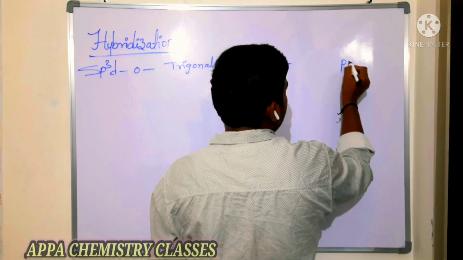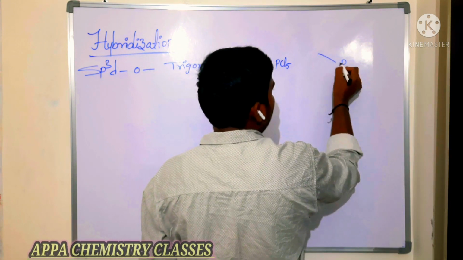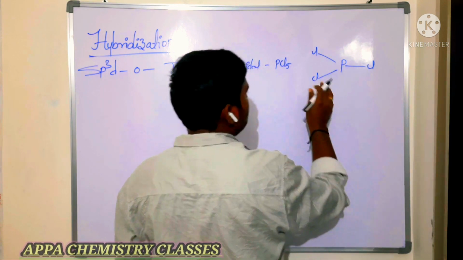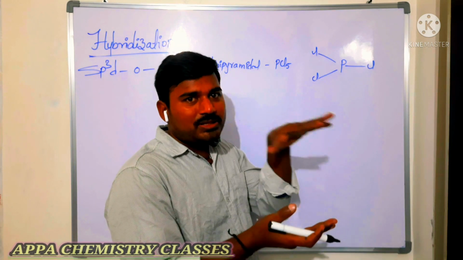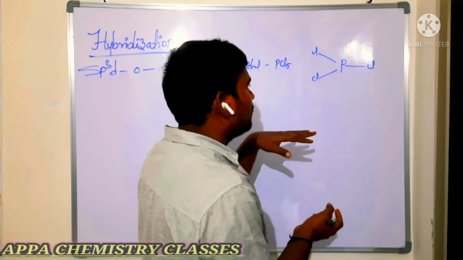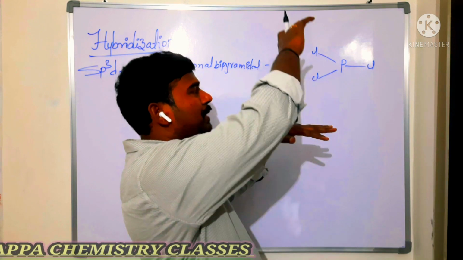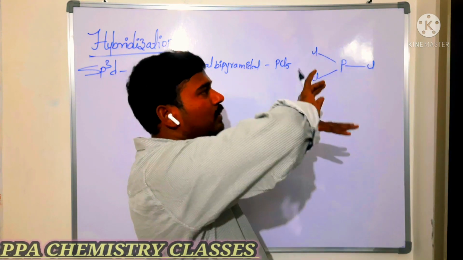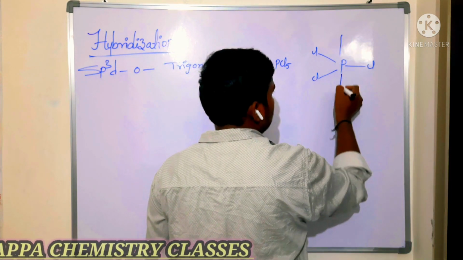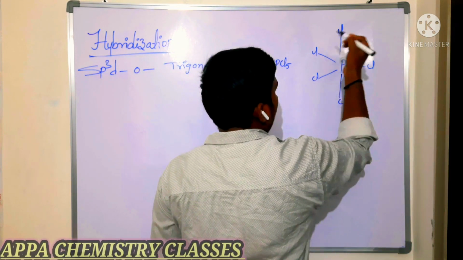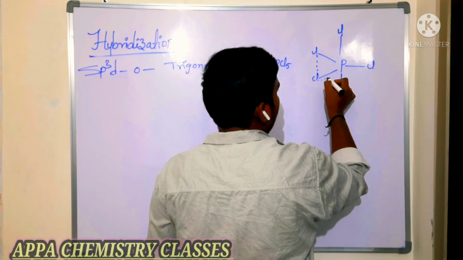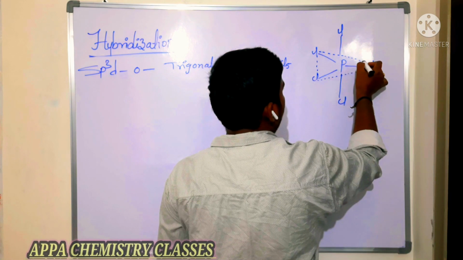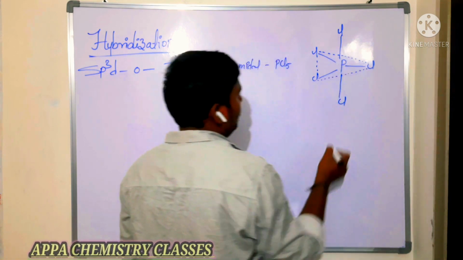Now here the phosphorus pentachloride will have a trigonal bipyramidal shape. Three chlorines are present in the equatorial position. The chlorines which are present within the plane are said to be what? Equatorial chlorines. The two chlorines which are perpendicular to the plane are said to be what? Axial chlorines. These axial chlorines have more bond length when compared to these equatorial chlorines. That you are going to see in the 15th group. So you do remember here itself.